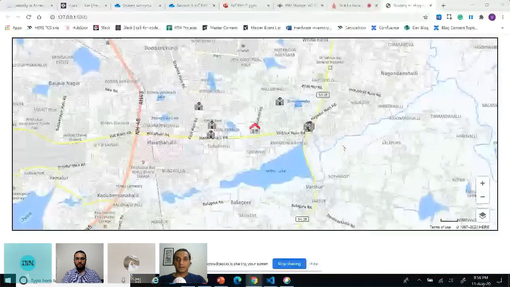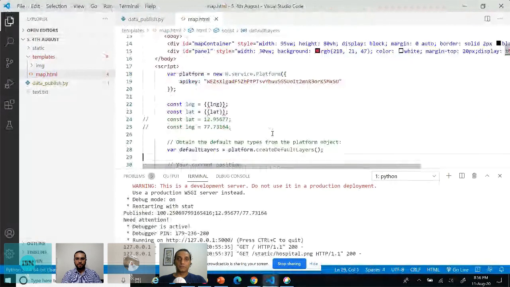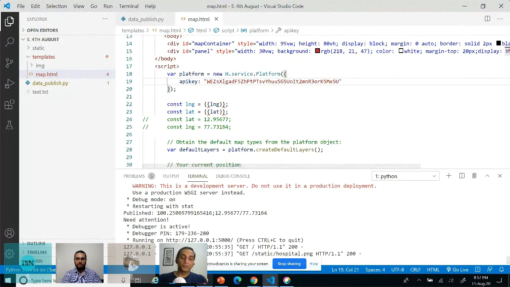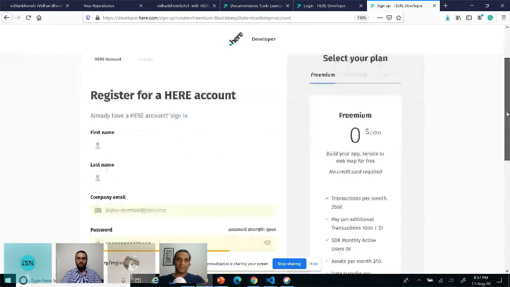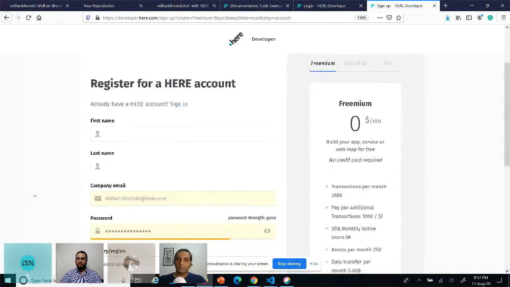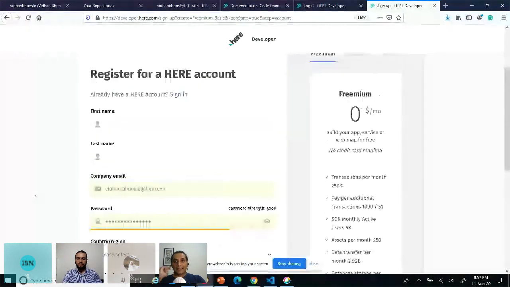The next thing you would want to do, scroll down, and you need to have an API key to make this map work. You need to go to developer.here.com and simply sign up. Mohammed will share the link with you. Here you provide your details: first name, last name, your email ID, your password, check that you're not a bot, and the country or region if you want to mention it. You can sign up for the freemium account where you don't have to provide your card details. You can access almost all the APIs and all the services